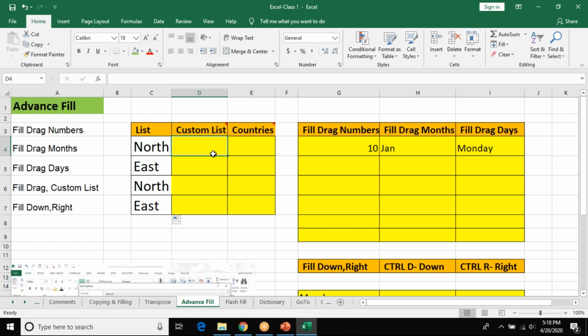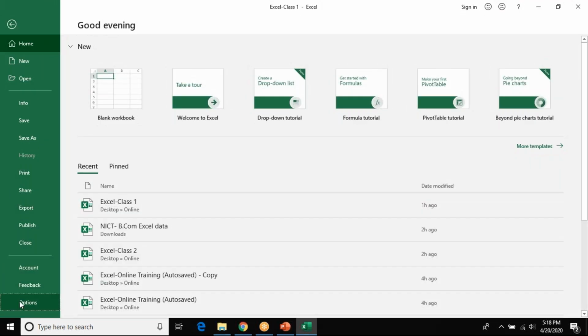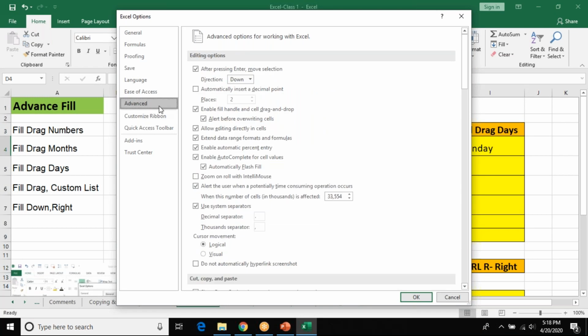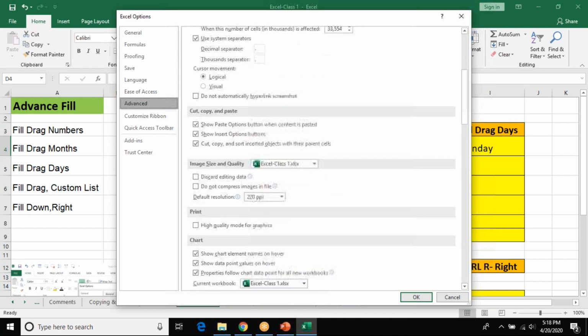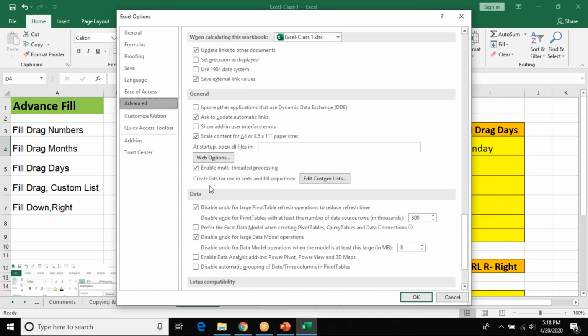Now all you have to do is click on this cell, go to File. It's a slightly different way of doing it. Go to File, go to Options, go to Advanced. Please remember this: scroll down completely, and you will have this, create a list for use in sorts and fill sequence, Edit Custom List.